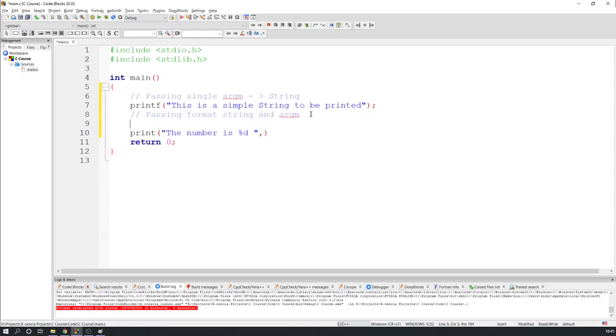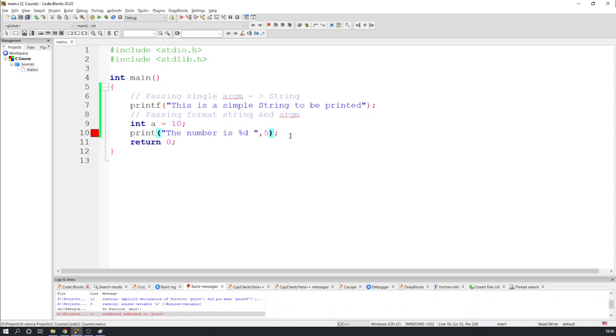You can create a variable, say int a equals 10, and you can pass that variable through which it should display the value, or you can simply pass in the data you have to pass. So this is an example for your second case, where we use a format string to format the structure and then we give the arguments, that is the format arguments, the variable or the data to display. So now if I run this,